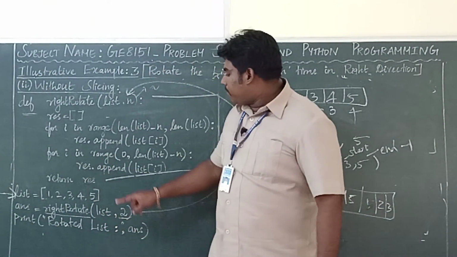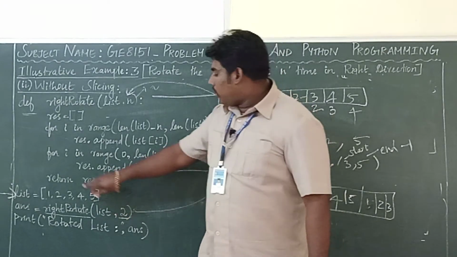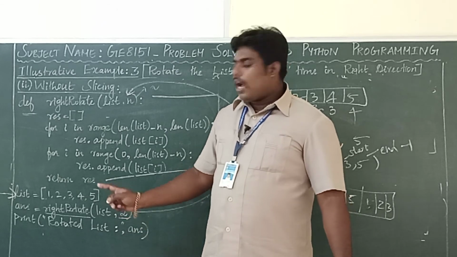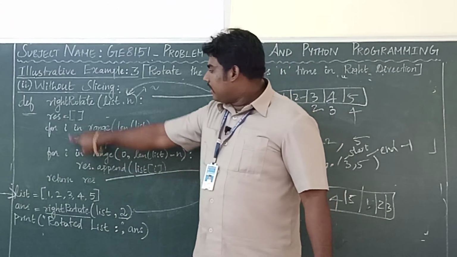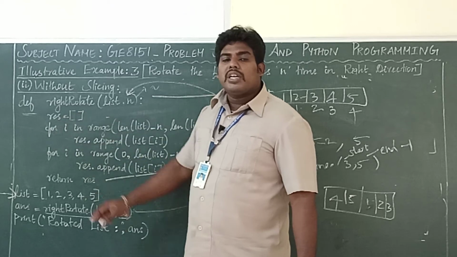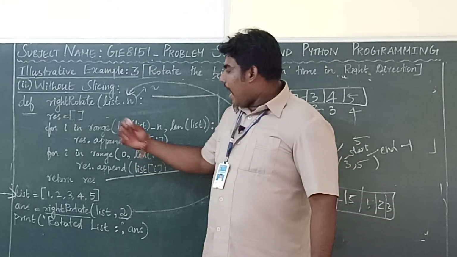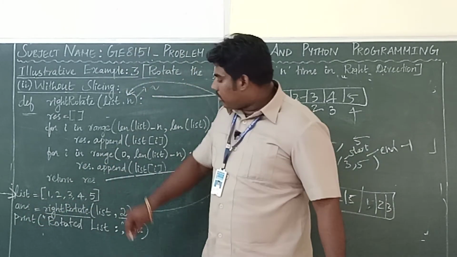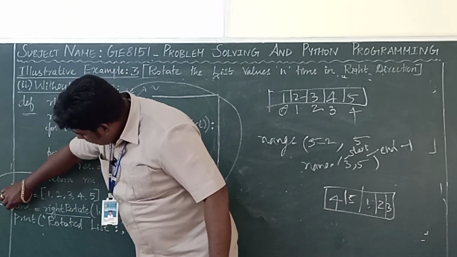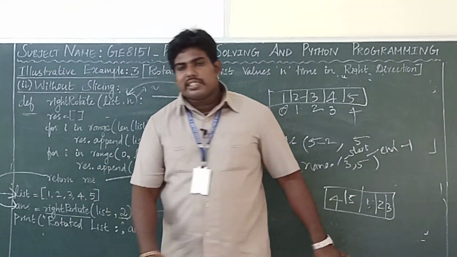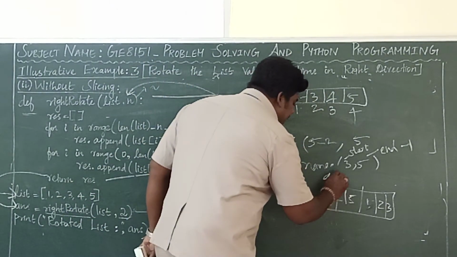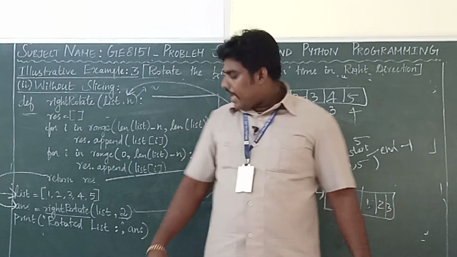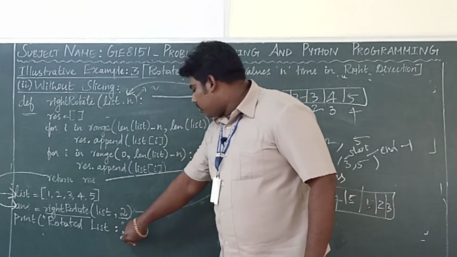Now what's the next step? You want to return it. So return result. You have to return the result. Result means this list. You are going to return a list. For storing the list, one variable is required. That's what we are using, this answer. So return result here. Inside the answer, now the list got stored. Now just print the answer. So rotated list equal to answer.